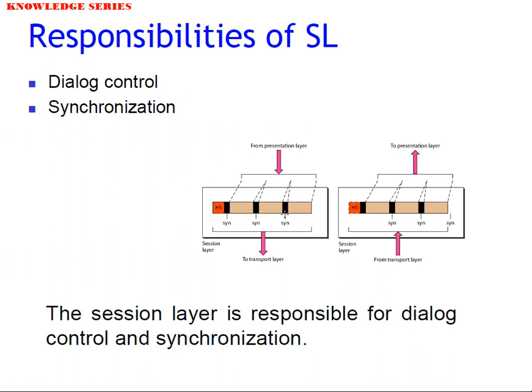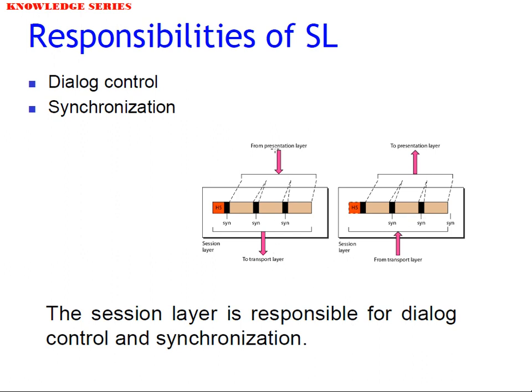At every packet, assume that there is a black spot. This is something like a checksum, or you can consider it a checkpoint. At the receiver side, once this bit is received, the next black spot or checkpoint should arrive. If it has arrived, then the session layer will confirm that the data is in proper order. The checksum followed on the sender side is the same one followed on the receiver side.